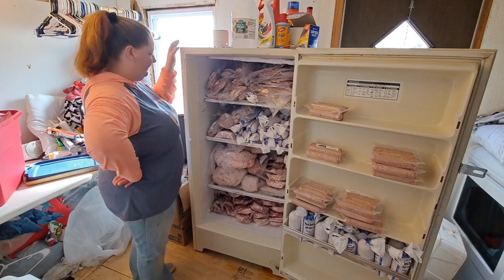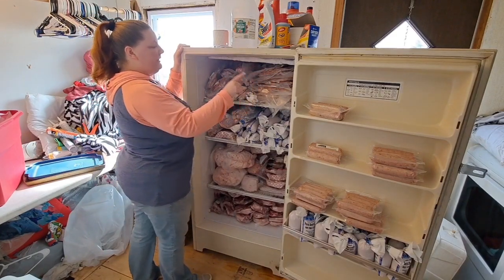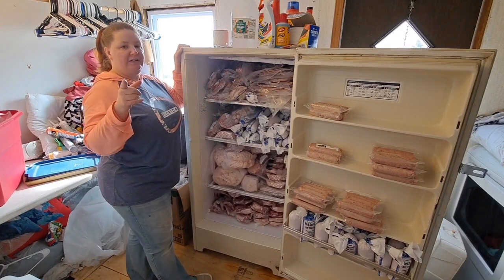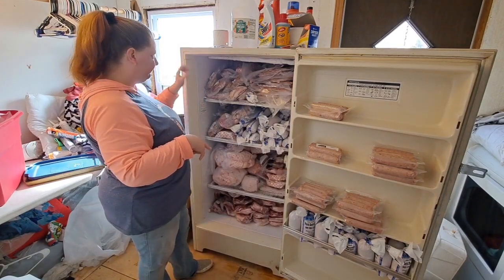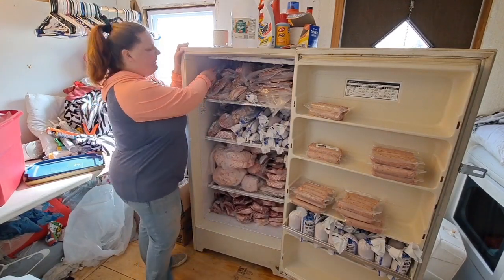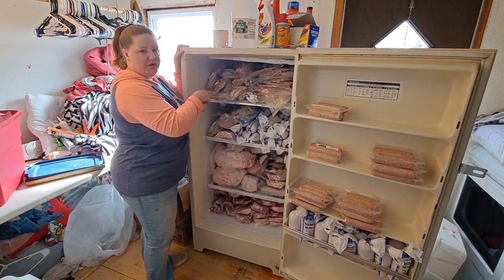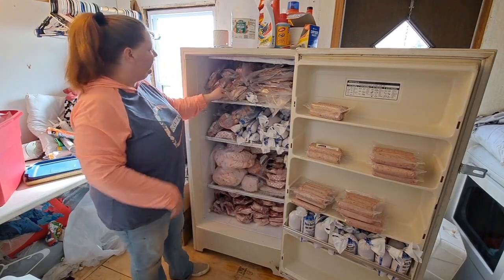Totally cool with me. But then I've got a ton of ham steaks here, and I think around a dozen ham steaks in the freezer connected to our fridge. I just didn't think that they would fit here. So in the back here I've got ham hocks, and up front I've got pork jowl, which to me just looks,